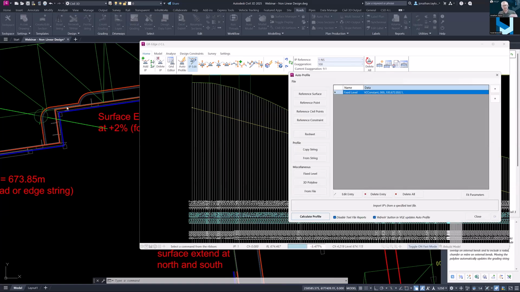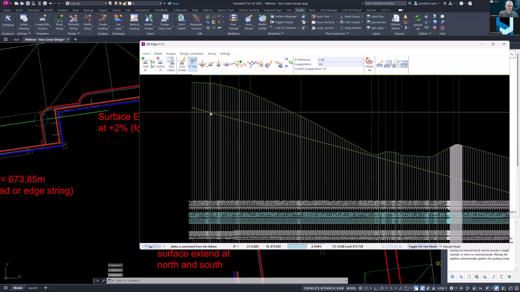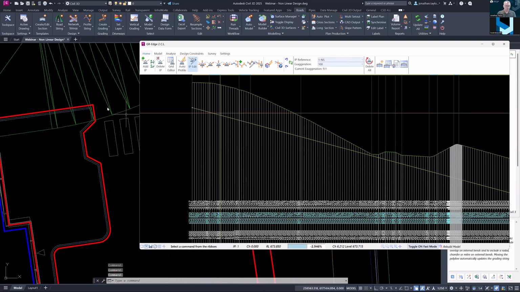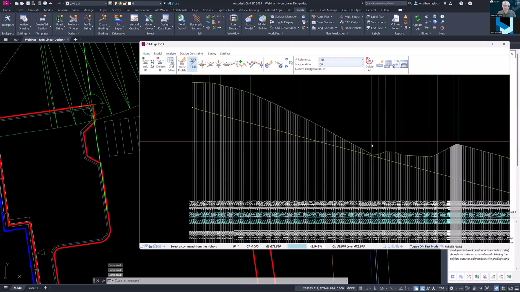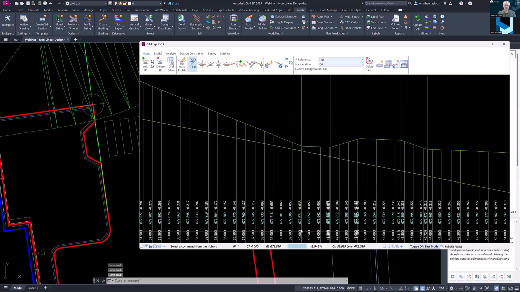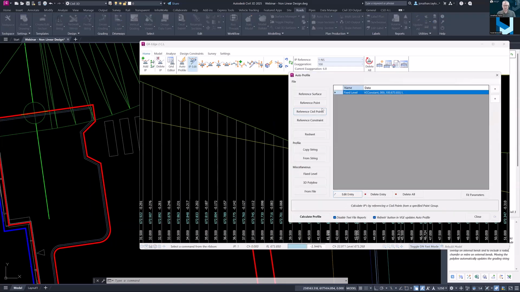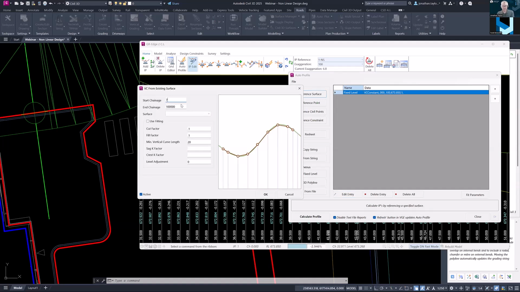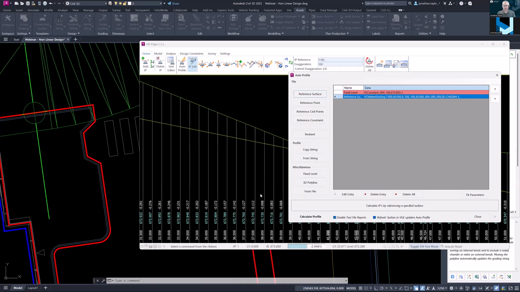Now, it's up to you, obviously, where that transition occurs, but I'm going to sort of say, look, if we click on Close here, I get to this particular point, roughly around here, around about chainage 7-ish, match onto the positive 2%. Okay, and then I want it to stop when it gets to that corner, which if I move my mouse along is going to be this chainage here, and that chainage is 40. Conveniently, it's a round number. So I'm going to Auto Profile, Reference Surface from 7 to 40, match onto my surface extend, click OK, Calculate